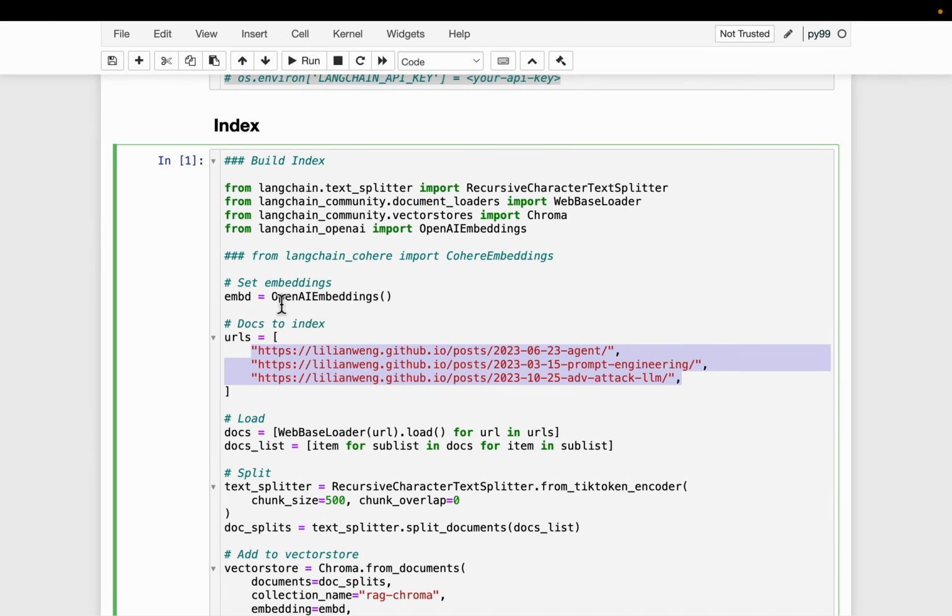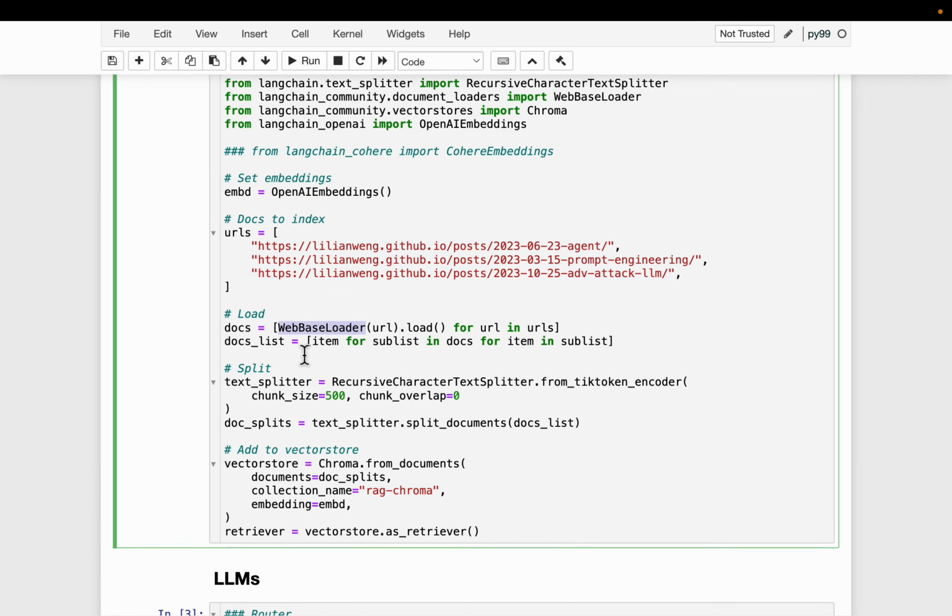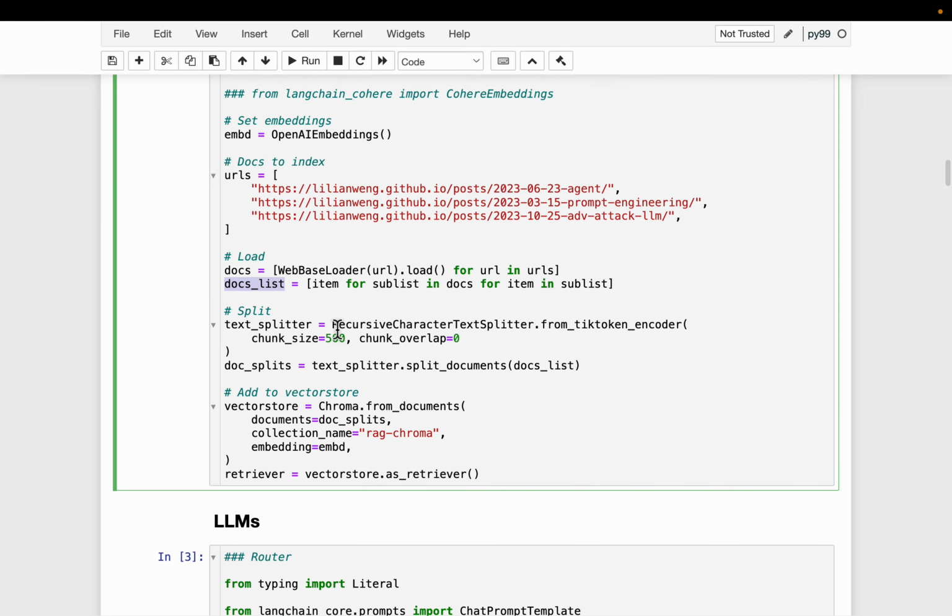We need an embedding model, so here we have the embedding model. Using this web loader, we are reading these three blog posts. We got all the documents, and then using the recursive character splitter, we split the content of these three documents into smaller pieces of size 500 tokens.